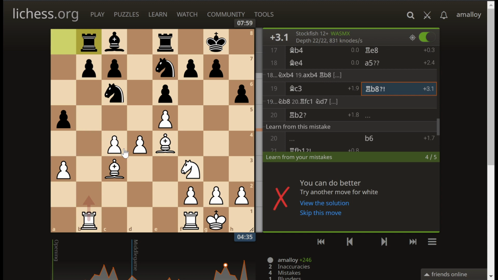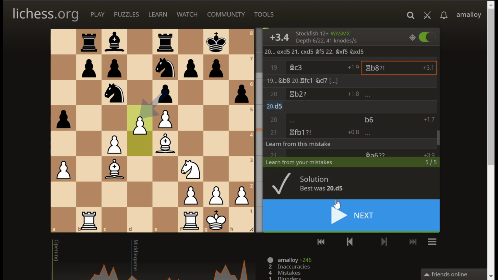No. Just take the knight? I don't think so. I don't know, what's wrong? Push the pawn. Ah, right. I think that's to do with the fact that these knights are tied down to defending each other. Or anyway, this one is. This one is. Because